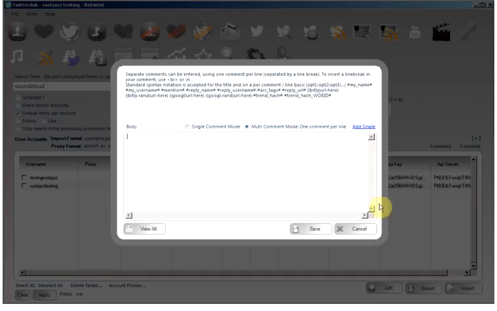The control here is the standard control used throughout the program for this functionality. It is a multi-comment reply tweet control, meaning each line is a separate tweet. Now there is another tutorial on this which explains the full functionality of how to use this control, so I'm not going to do that now. If you don't understand what I'm doing or have any questions, do check out that specific tutorial or come along to the forum if you can't find it, rootjazz.com/forum,